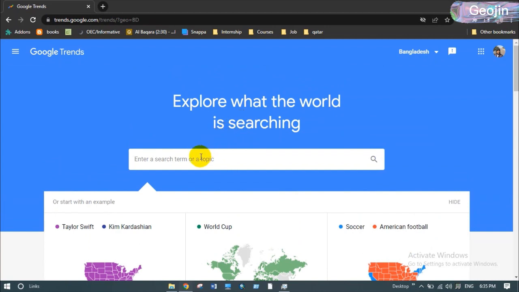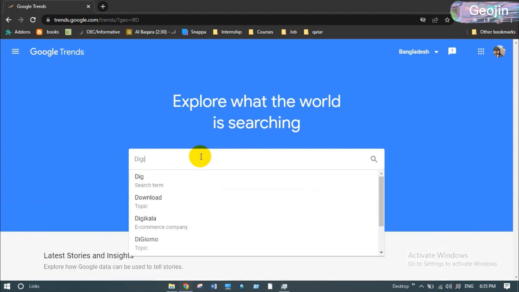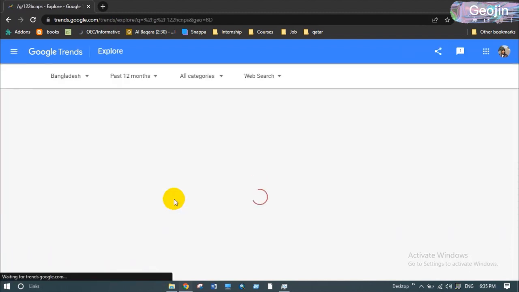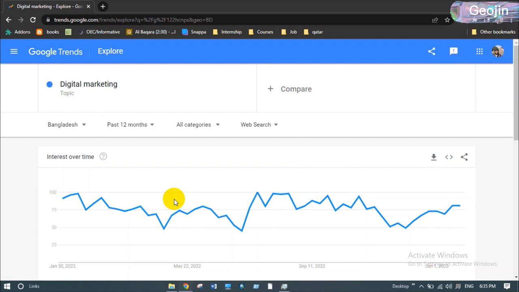So let's see how many people are searching right now about digital marketing. You can write here digital marketing. Okay. So I can see that over past time it is showing Bangladesh, past 12 months, all categories, web search. Here there are multiple things that you can search, like digital marketing, and you can compare here by searching